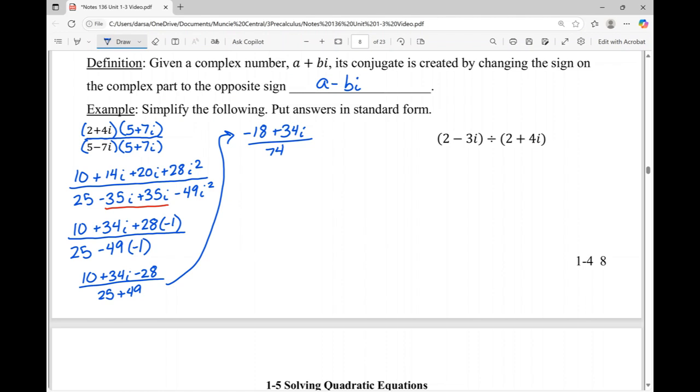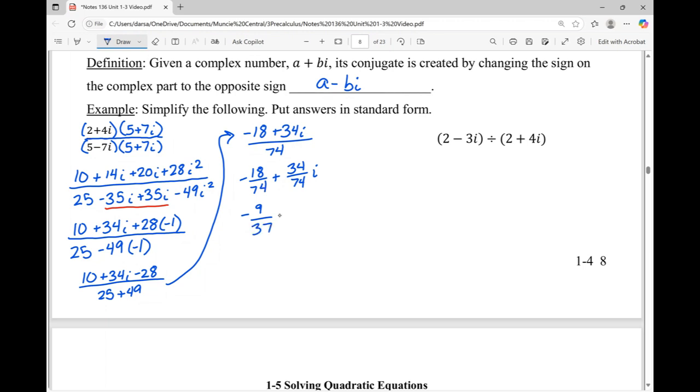How do I take that one little denominator number, which is just one little real number, and make this so that we're in a plus bi form? Well, remember, we "uncommon denominator" it. That's what I called it. So we can sort of think backwards of addition of fractions. We can take that denominator and put it underneath each of the numerator numbers. Once that's done, we can now reduce these fractions down,